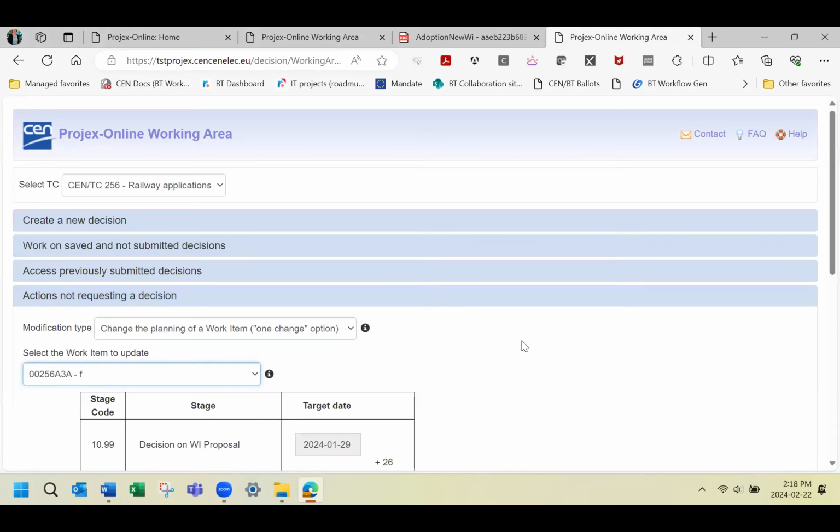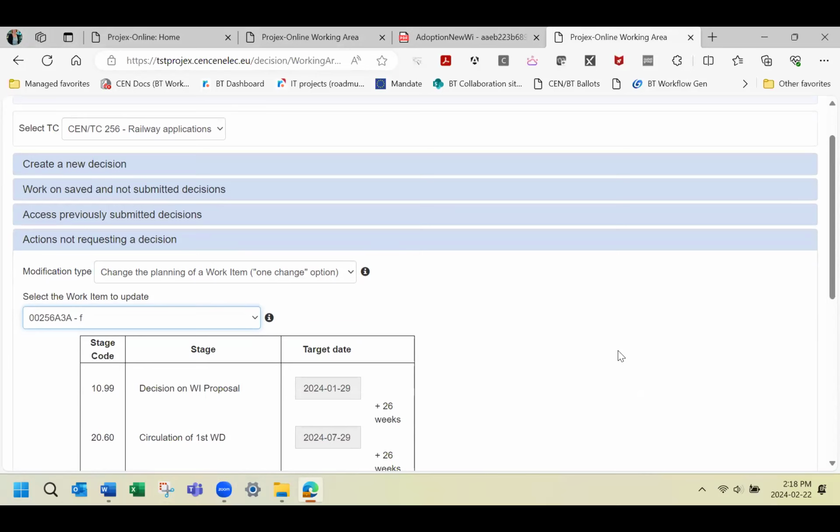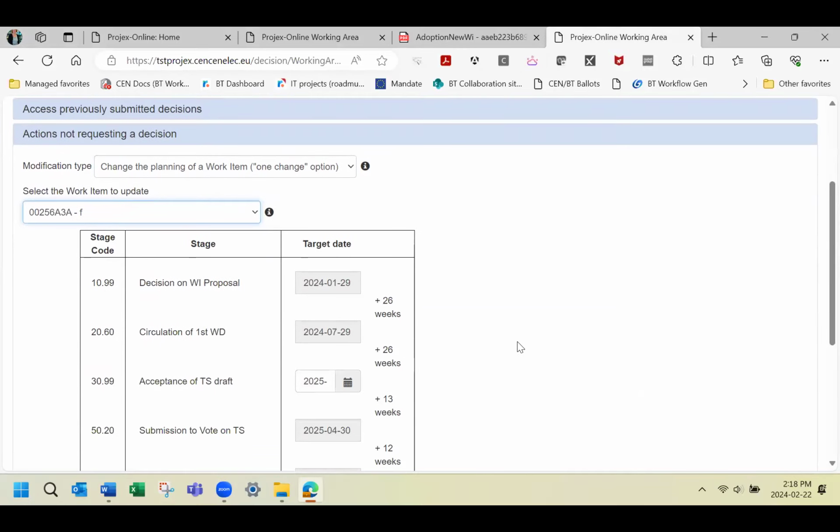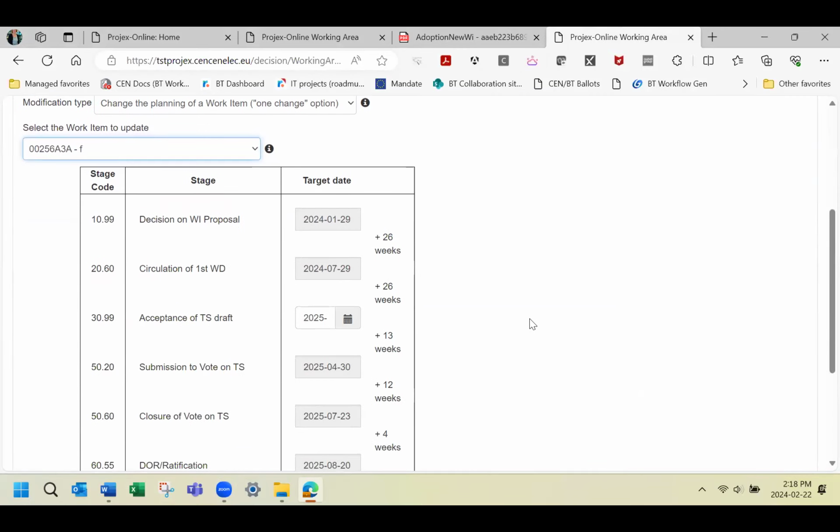Yes, so here, of course, I want to change the deadline of TS or TR. I don't remember which one we picked. And so you will see that only the date for 3099 can be changed. So here I actually will postpone it. The initial date was 1 year from today.